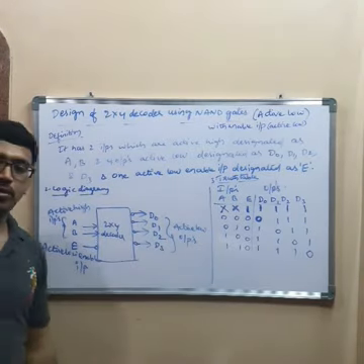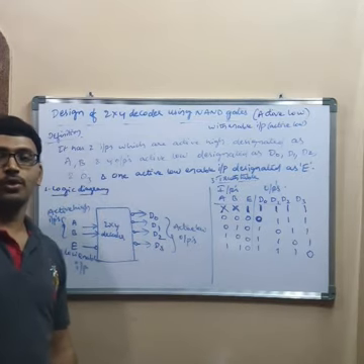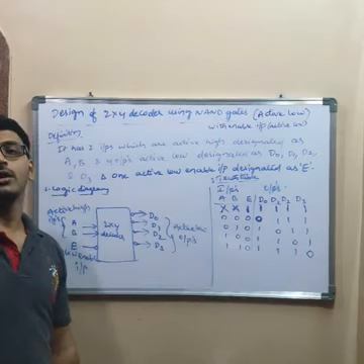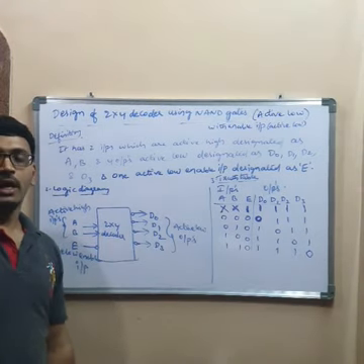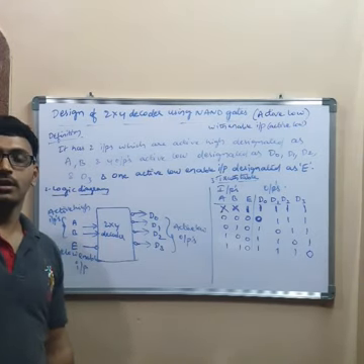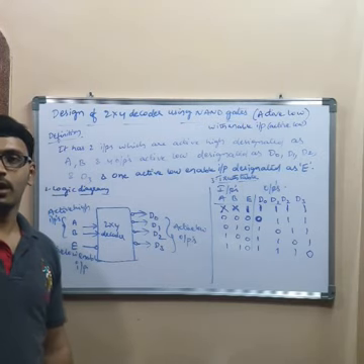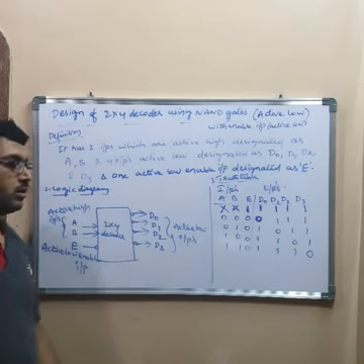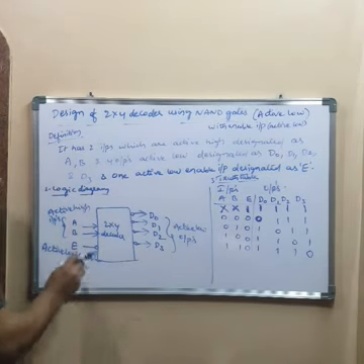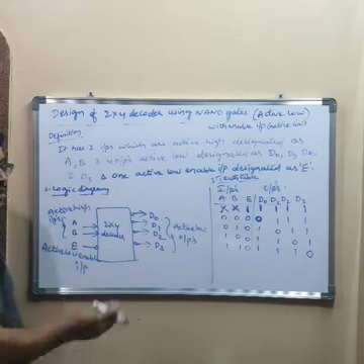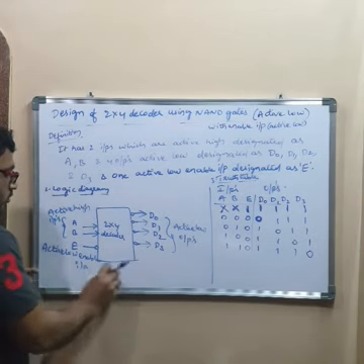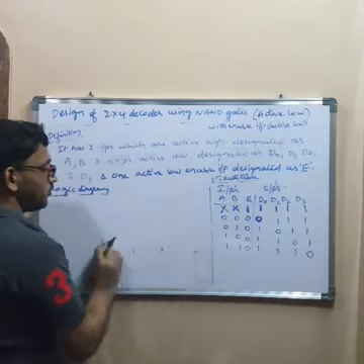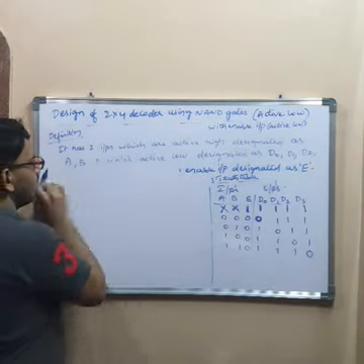Right? In the practice problem, I asked you to design a 2x4 decoder using only AND gates, that is, an active high 2x4 decoder, and I have not considered any enable input there, right? This is clear. This is the truth table, and I will draw the logic circuit. The expressions are same for outputs. Let us look at the logic diagram.